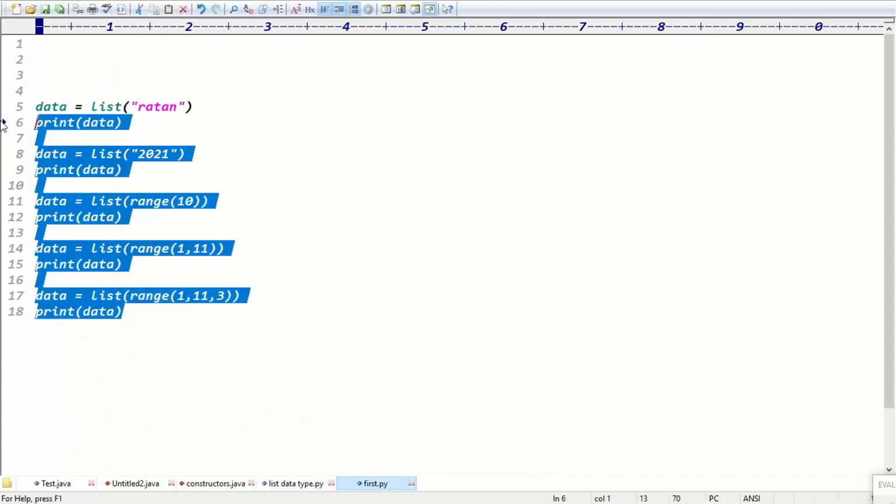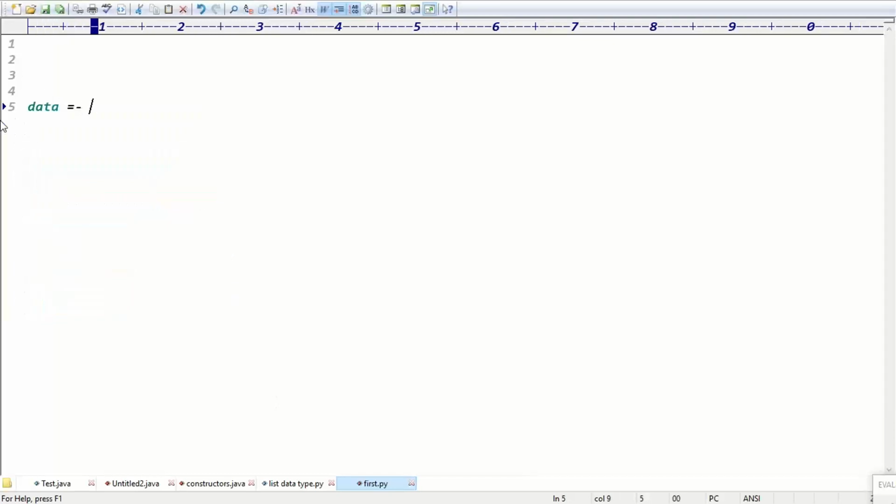What is the meaning of data unpacking? If you take data equal to a list of some values, 10, 20, 30, 40, four values you've taken. Unpacking means the list contains multiple elements, and we can store every element in a single variable, like a comma b comma c comma d equal to data. The meaning of this line is that data contains 4 values, and those 4 values are assigned to a, b, c, d.